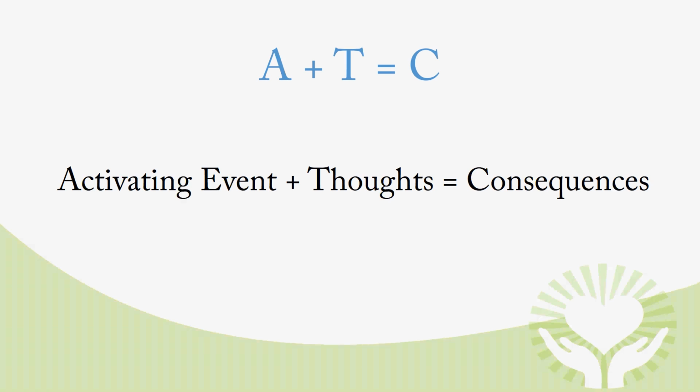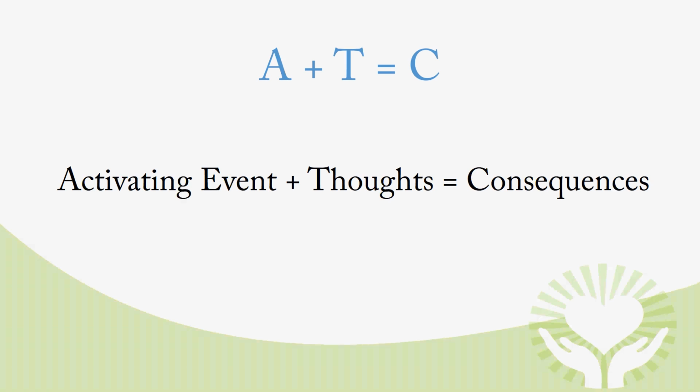So you might have seen this written in other ways. A plus B equals C, an activating event plus belief equals consequences. This is just another way to think about it, but we like to call them thoughts versus beliefs because sometimes it's hard to identify the belief, but it's easier to identify the thought, and there's often a belief under that thought. So, in other words, this equation means that there's something happening when we have a big emotional tailspin that can happen.